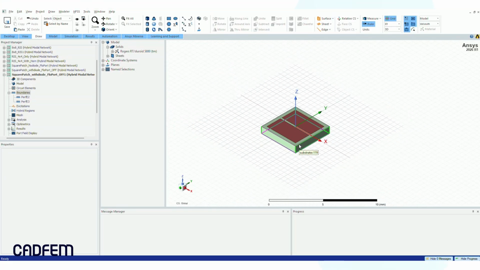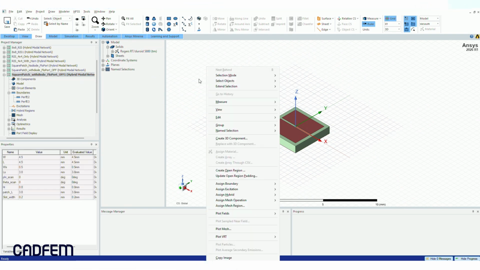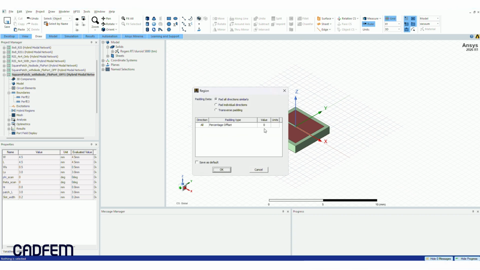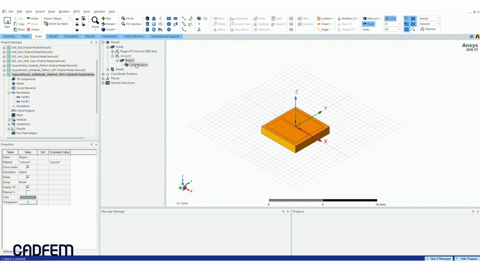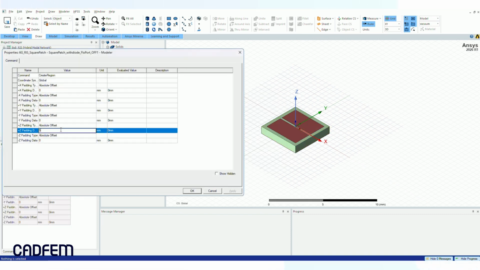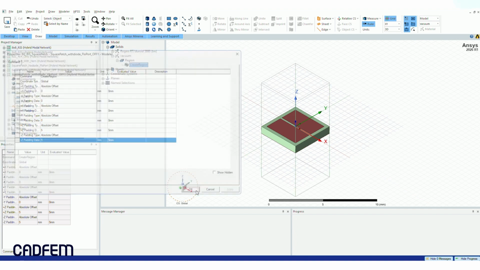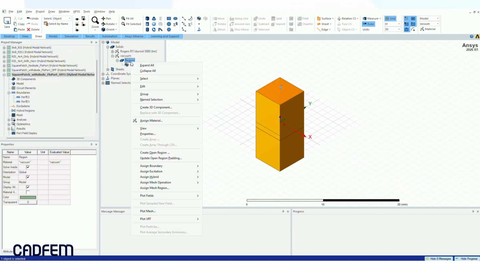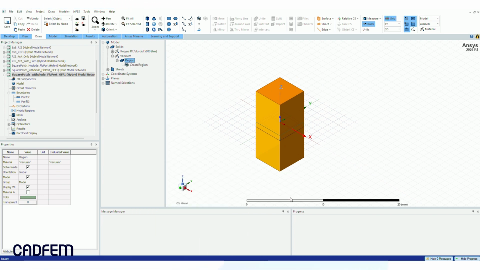Welcome to this comprehensive end-to-end tutorial on Reconfigurable Intelligent Surface simulation at 28 GHz. We begin our workflow with a single unit cell model fully constructed within the Ansys HFSS environment. To properly isolate and define our simulation boundaries, we right-click the workspace, navigate to Create Open Region, and set our target operating frequency. The operating frequency is specified at this stage to ensure that the radiation boundary is automatically sized